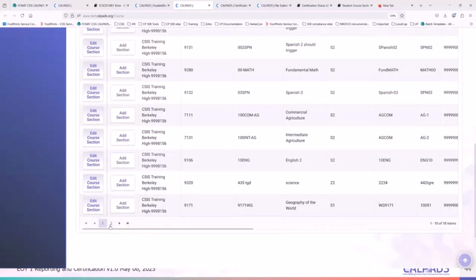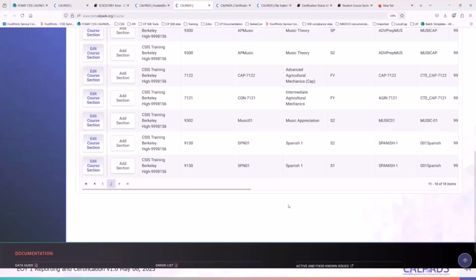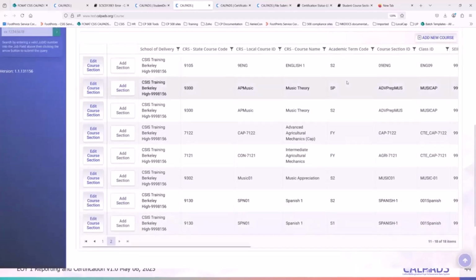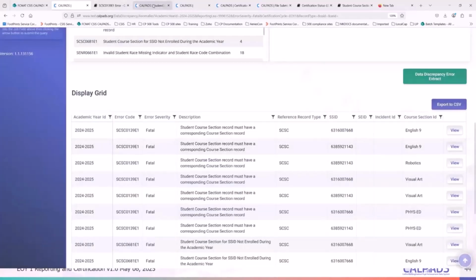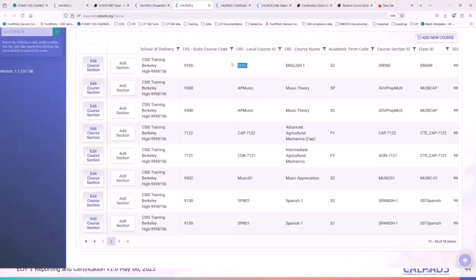Look for English 9, and look for the seat number for the teacher, I guess. But it turns out your local course ID here is different from the local course ID in the system.